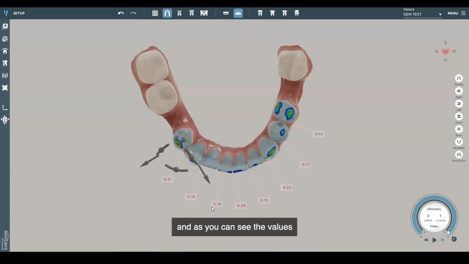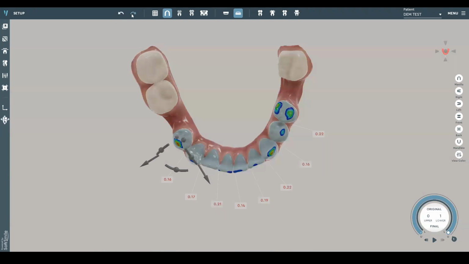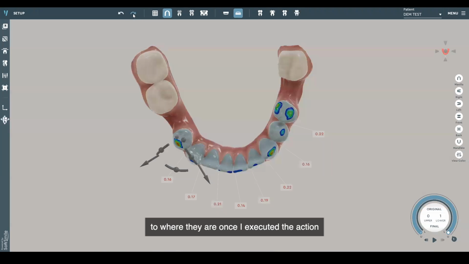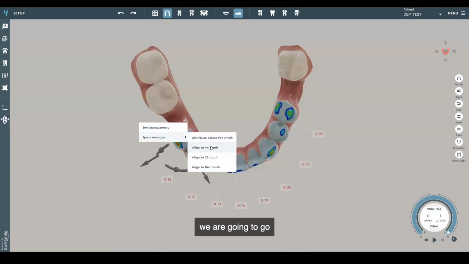And as you can see, the values of collisions have changed and have been distributed among the selected teeth. I'm going to undo so you can see the values, where they were to where they are once I executed the action. So we undid that. We're going to go ahead and choose align to tooth 44,